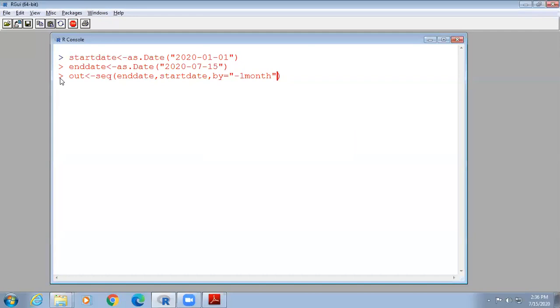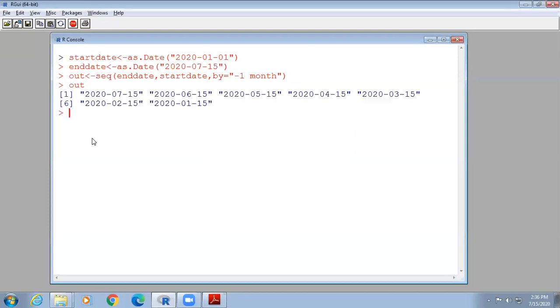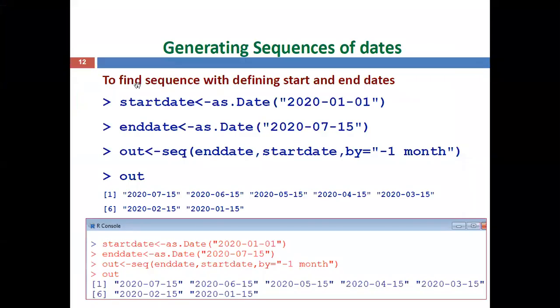Now you can run this one. Whenever the cursor moves to the next line, it means there is no error, then you can call it out. Now you can see, it starts with July 15th, 2020, decrement by -1 month. Then June 15th, then May 15th, and so on, January 15th. Like that, to find sequence with defining start and end dates.